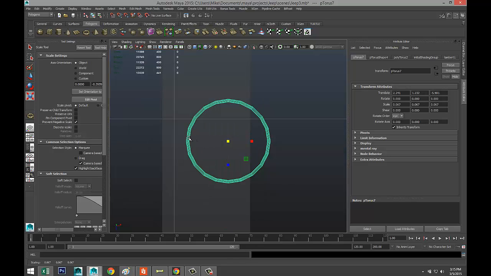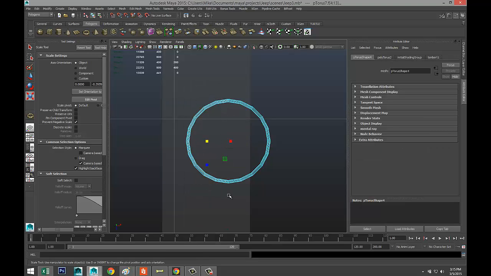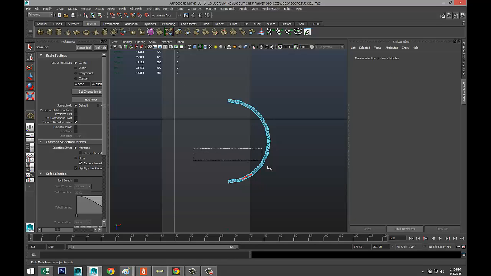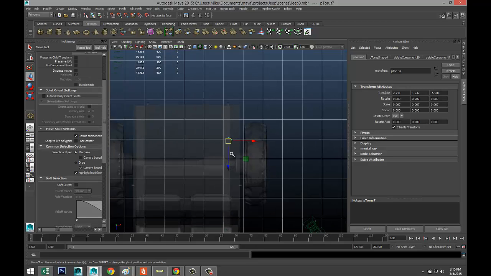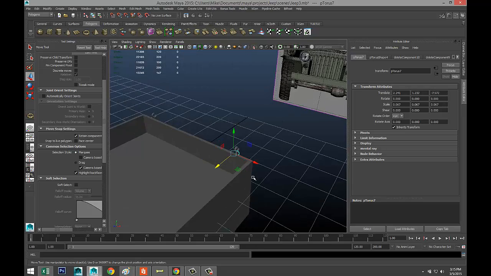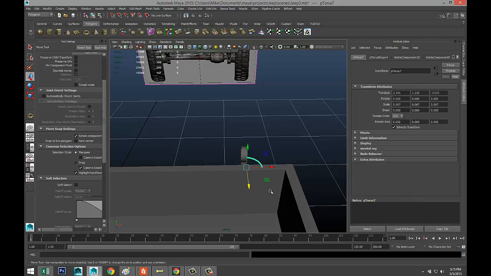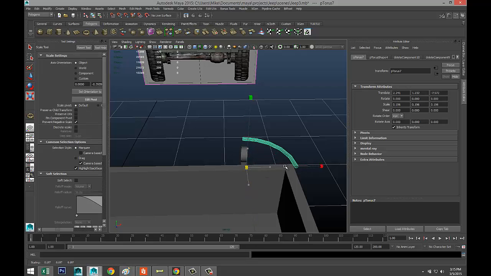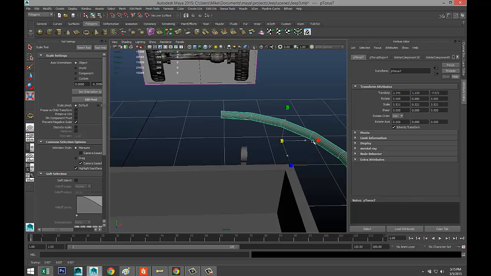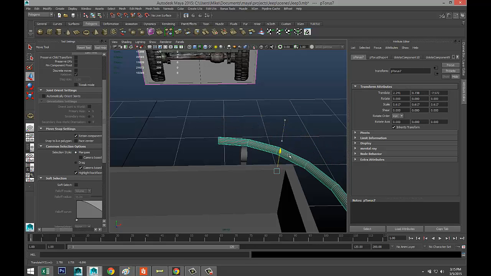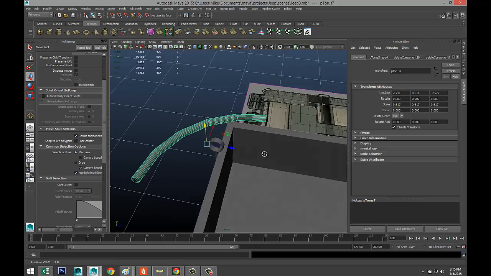F to zoom in, right click face, drag select that half and this half, right click object mode, and kind of push that in there. So now if we go to modify center pivot and scale this guy and bring that in, yeah,